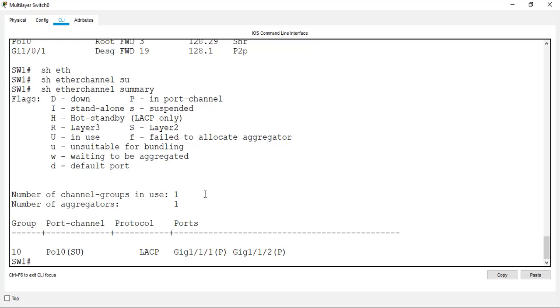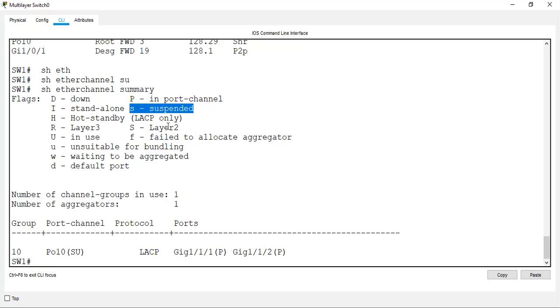Or between switch to switch, you configured active here and passive there. Or by mistake, the physical port is correct here, but on the other side the port which you configured is not the one which you physically connected. The port number itself is wrong. It could be anything. Or the port is shut down on one side and the other side is up. So suspended mostly comes from configuration errors.